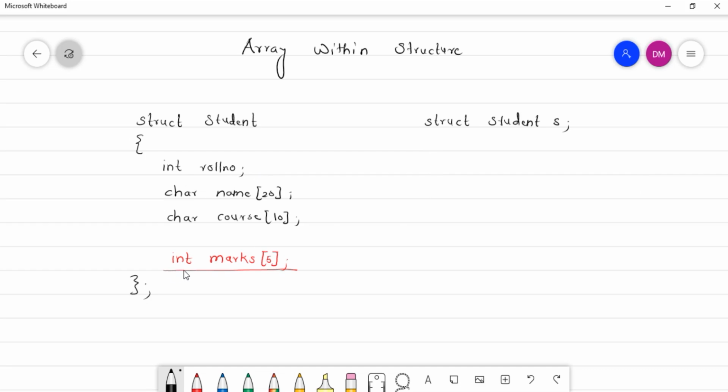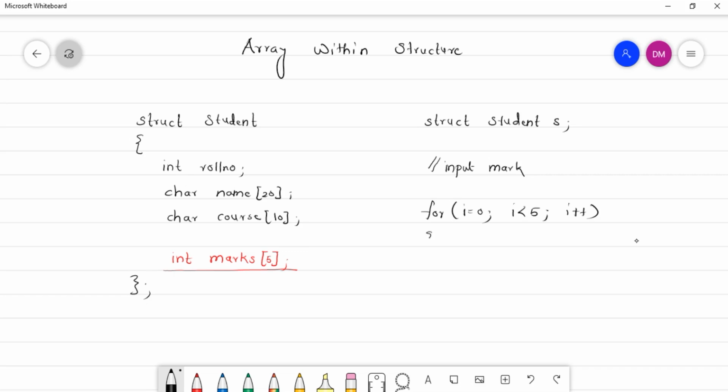I directly write the statement for inputting marks. So this is just a comment: input marks. How many marks do we have to scan? We have to scan, process or print 5 subjects' marks, and it is an array. So what do I have to do? I have to use a loop. Say for i = 0, i < 5, i++.